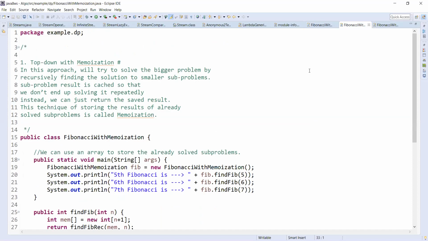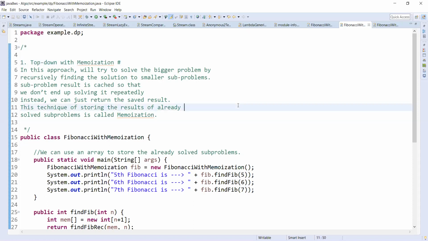We solve the problem recursively, but the subproblem result is cached. That means we save the subproblem result in memory, and when we would end up solving it repeatedly, we don't solve it, we just return the saved result. This technique of storing the results of already solved subproblems is called memorization.